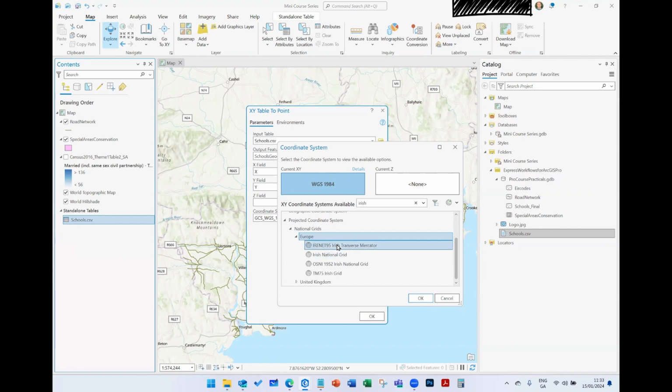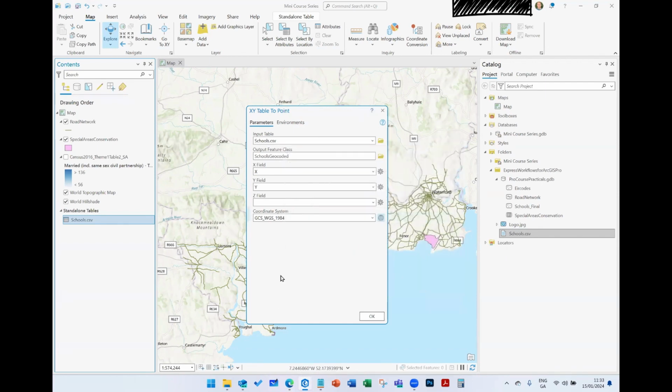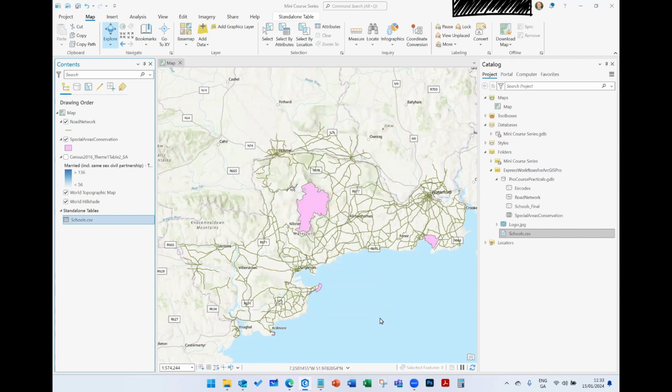A little bonus tip, if I right click one of these, I can add it to favorites. So get all your coordinate systems done up as you start to develop your Pro projects, because then they appear in favorites easier than having to search, go into projected coordinates, national grid, Europe, stuff like that. Yeah, but I'm happy enough. I have not changed anything here except the title. But if I click OK,